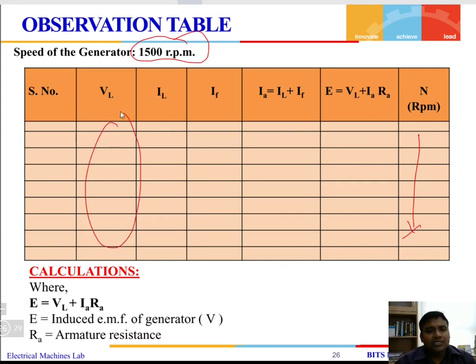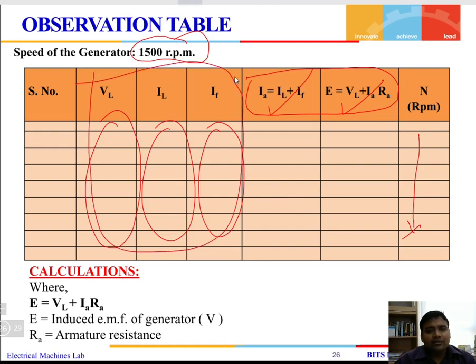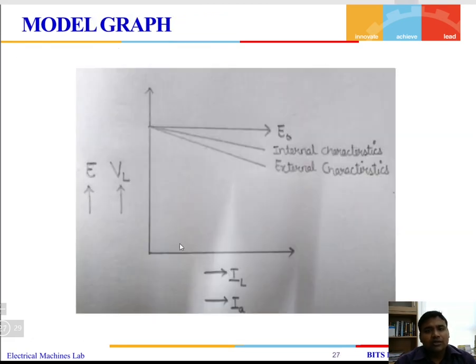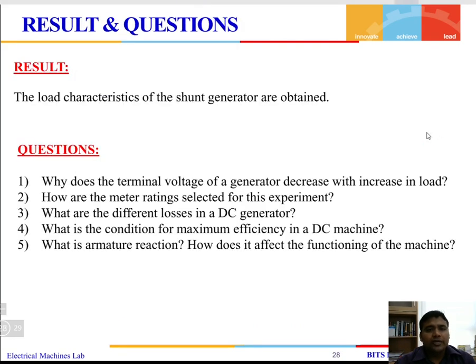Measure the load voltage, load current, and field current, and then calculate the armature current, which is equal to load current plus field current, and the generated voltage, which is equal to load voltage plus the drop across the resistance. This will come from the measurement and this will come from the calculation. On calculation you have to draw the graph on graph paper for the internal characteristic and the external characteristic, and then you can obtain the load characteristic of the machine. You will be supposed to answer these particular questions at the end of the